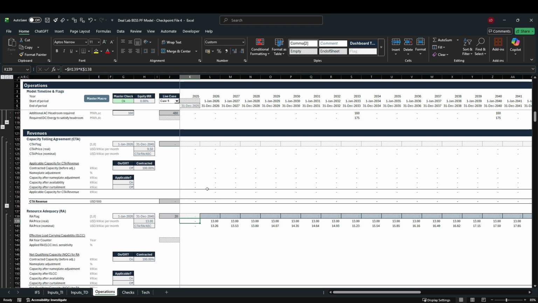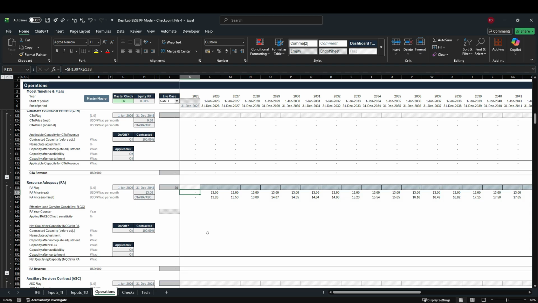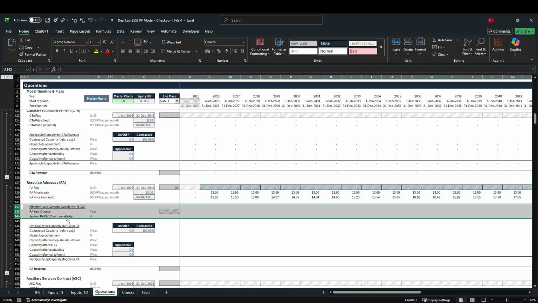And now that we've already pulled in our prices, now we will cover a resource adequacy specific concept, which is our ELCC, or effective load carrying capability. The idea is essentially this: in each year, only a fraction of the battery's nameplate counts as accredited resource adequacy capacity. That fraction is given by the ELCC, for example, 98% in the first year, 97% in the second year,